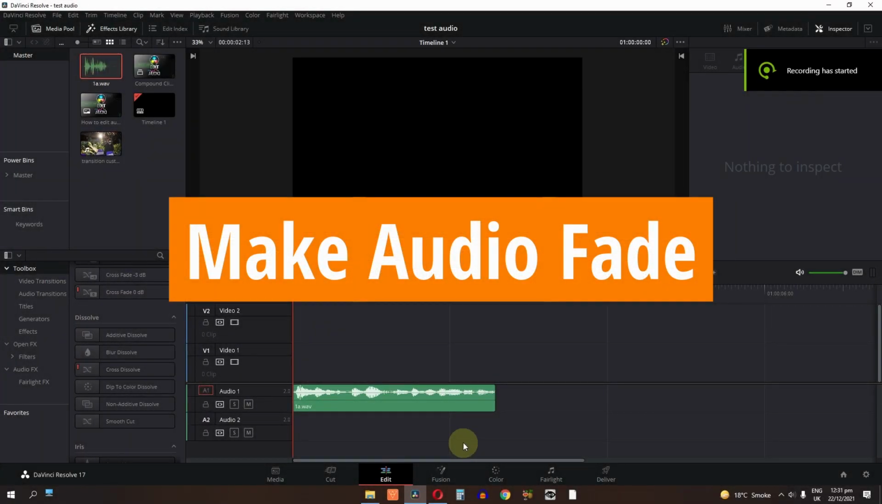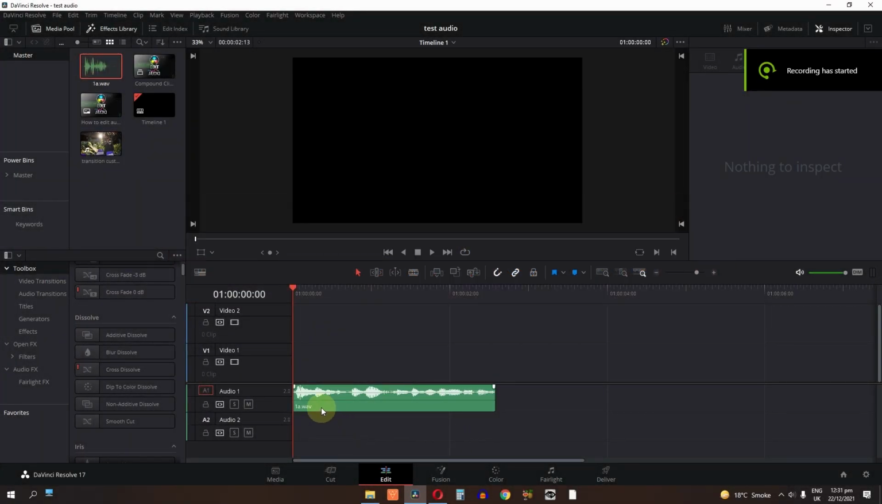Now how to make fade an audio? So now hover the mouse to the audio. Now as you notice, as I hover my mouse, two points appear, one at the start and one at the end. Now you can drag